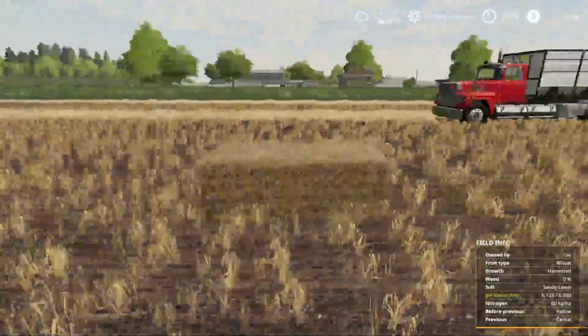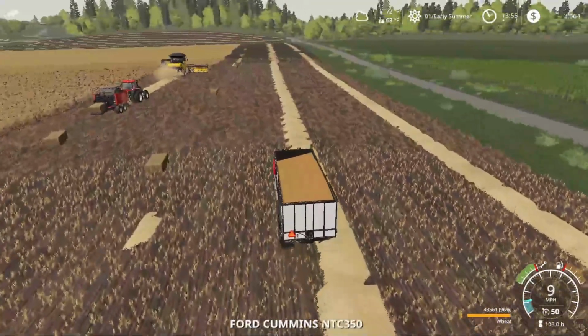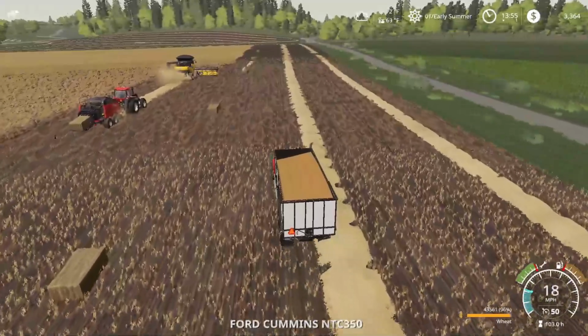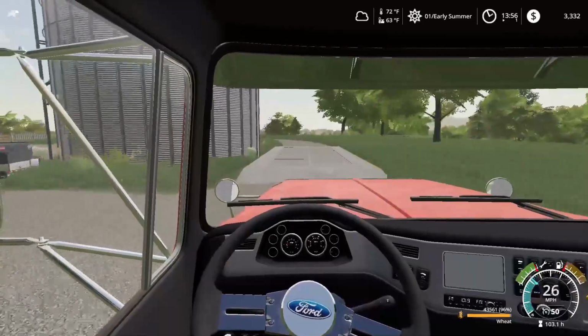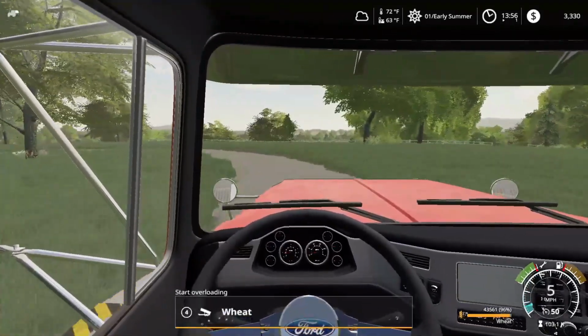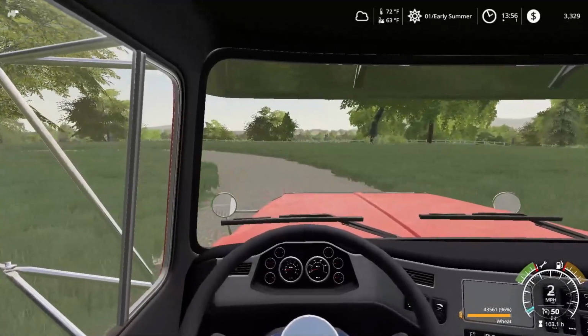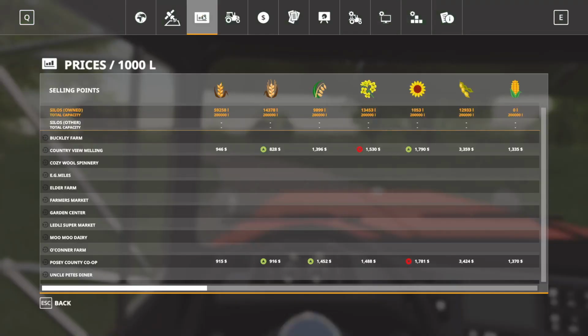We'll get that done. Let's go ahead, hop in this. Yeah, 96% full. And let's get this back up and unloaded. Alright, get this unloaded here. I think we just about have 100,000, or we will have 100,000 liters of wheat. I think we will by the time